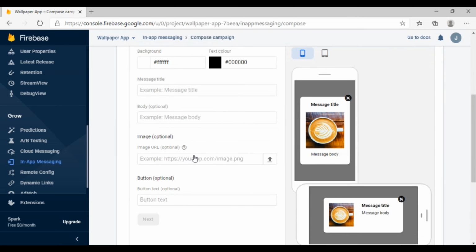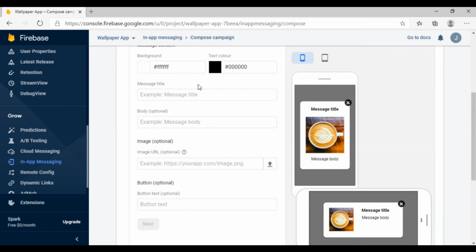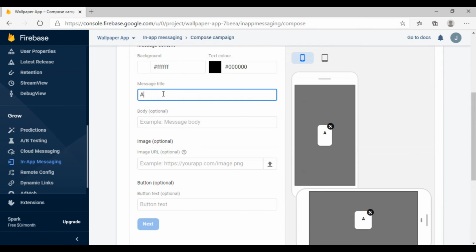So in modal we are getting this much. So again write your title. You can write anything you want.